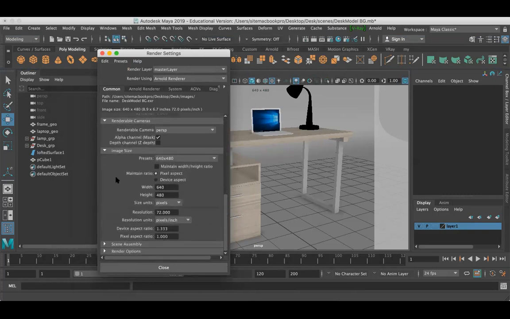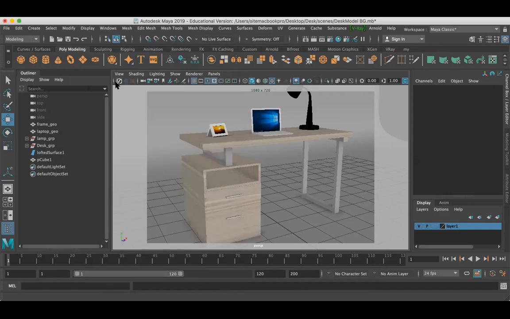Under image size, you can find custom here. I want to work with 1080 by 720. I want to work with this gate.